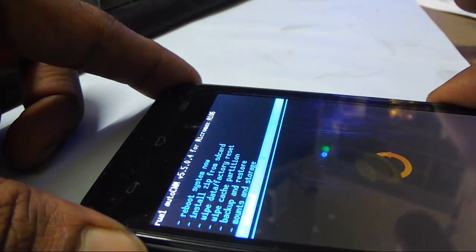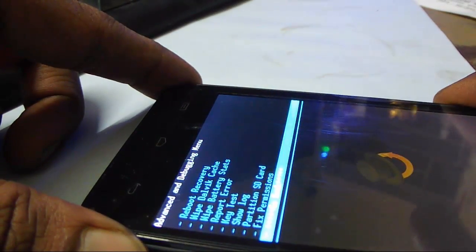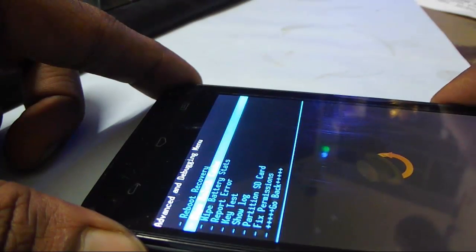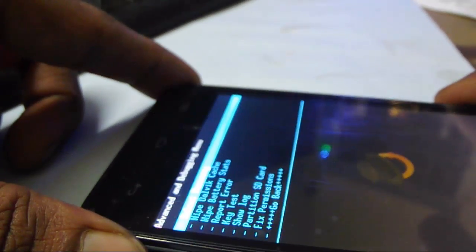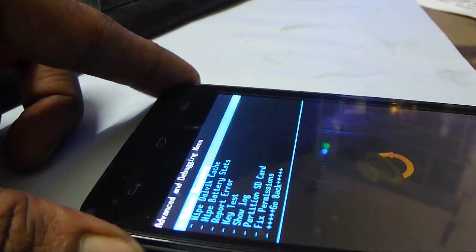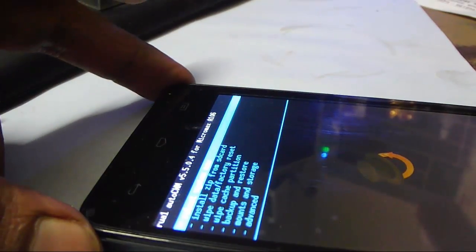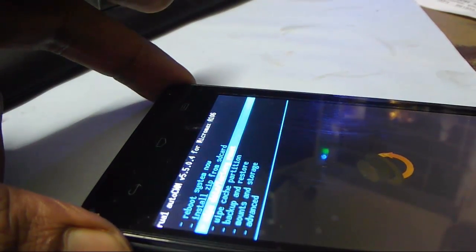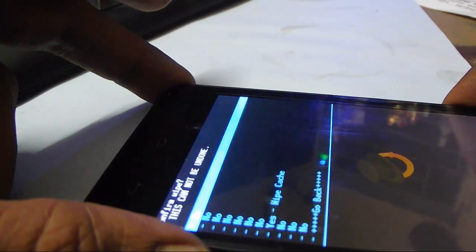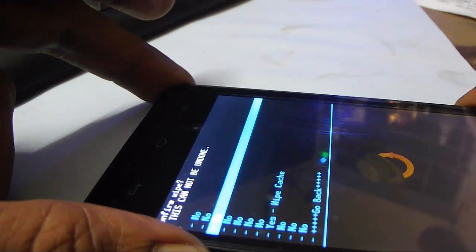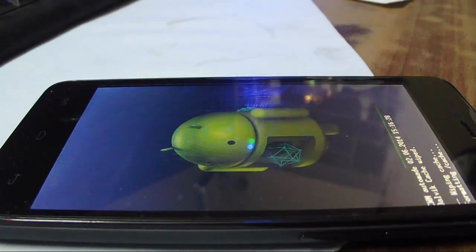Go to advanced, you wipe the Dalvik cache. Once Dalvik cache is wiped, you go to wipe your cache partition. This will show formatting cache.